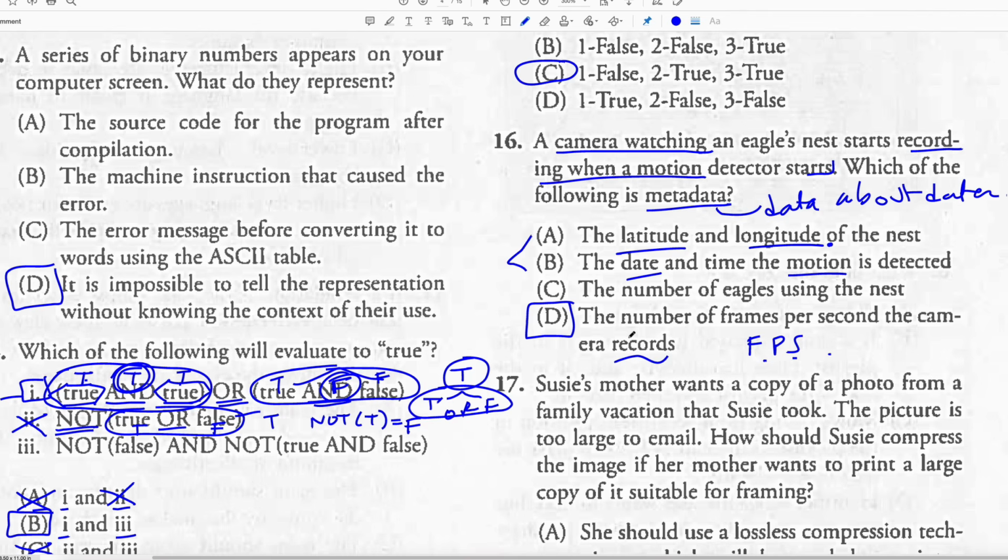You know, in the answer responses for 16, it says everything is data about the nest and the eagles using the nest except the number of frames that the camera can record, which is data about data or metadata. So